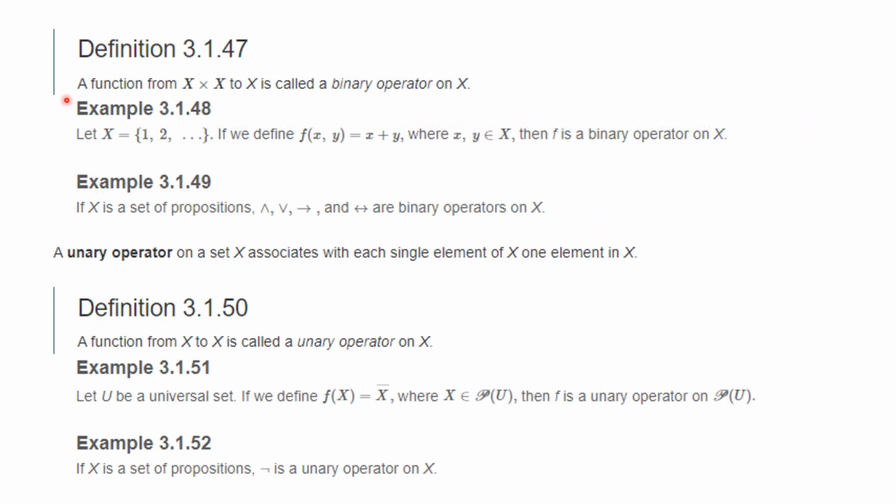We can also talk about binary operators, and that means we take 2 elements from a set X and we get something else. So if you're adding 2 numbers, x plus y, from this set, you will get an answer from this set, and that's an example of a binary operator. So you take 2 numbers and add them together. Now, if X is a set of propositions, and this is a different thing, you see that conjunction, disjunction, implication, and if and only if are binary operators, because you can apply them to any of those, and what you will get is a different